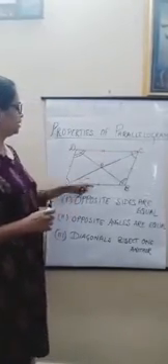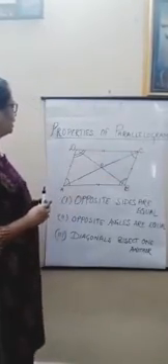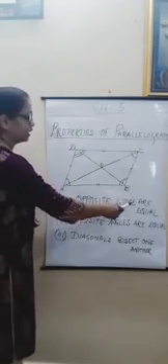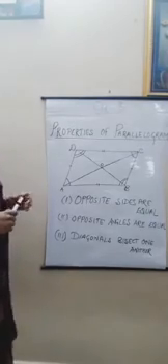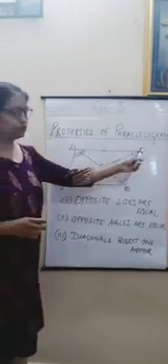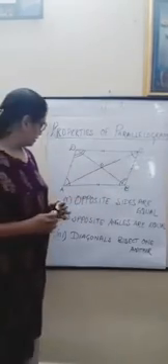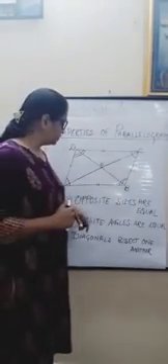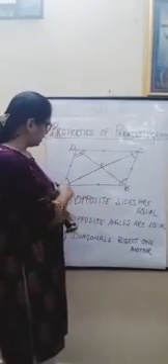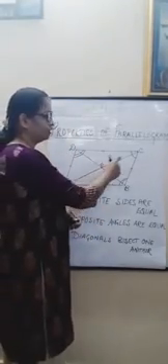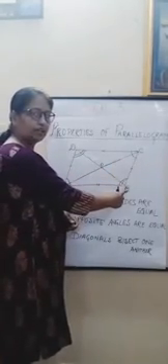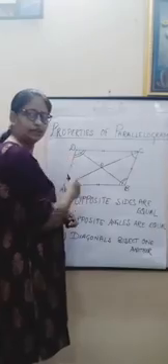You see, this is a parallelogram, and here you can see the first property is opposite sides are equal. So in this parallelogram you can see the side AD is equal to BC. Second property is opposite angles are equal. So here you can see angle A is equal to opposite angle C. Similarly, angle B is equal to opposite angle D.